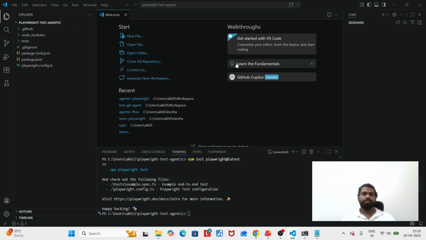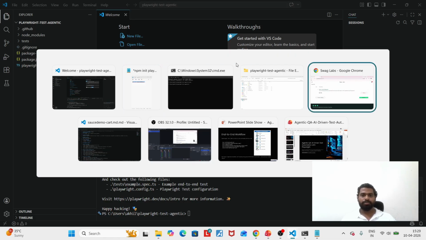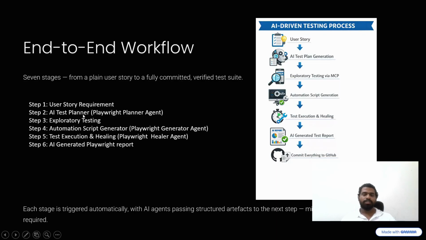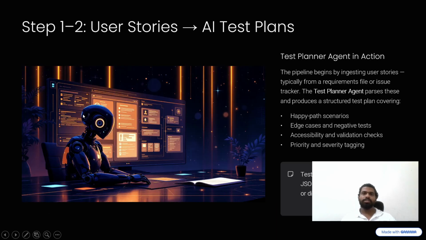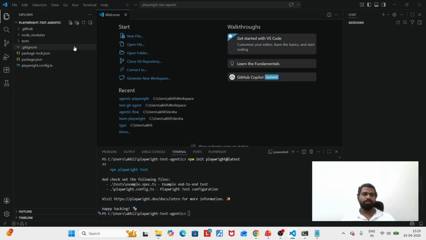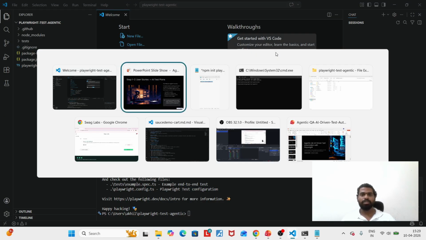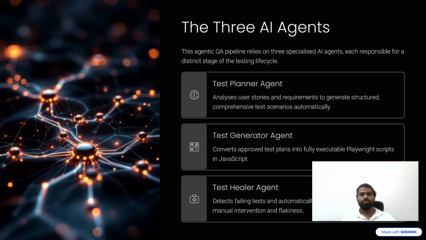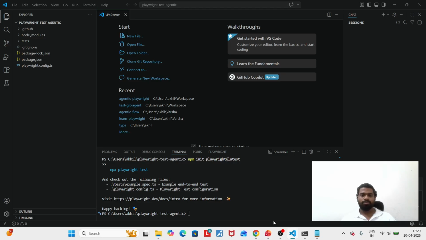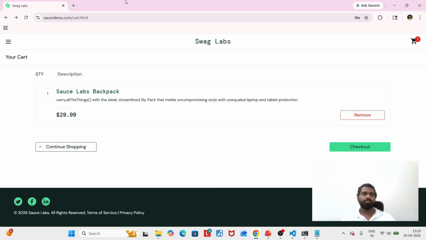The next step, if you see our slides, the first step is to create the user stories. But before that, I'm going to add some MCP servers to this. Basically, we are going to use a couple of MCP servers. Those are the Playwright MCP servers. To add these Playwright MCP servers, I'm simply going to